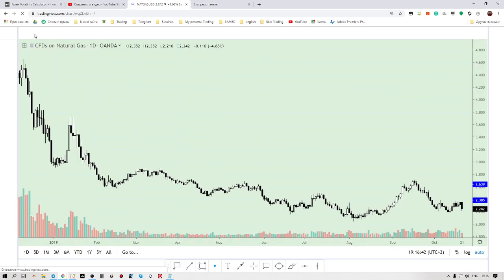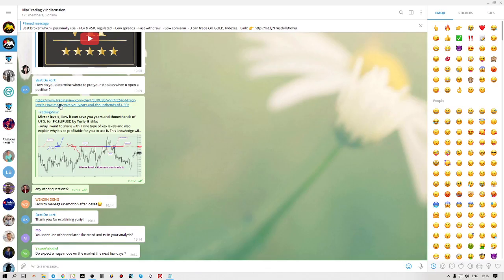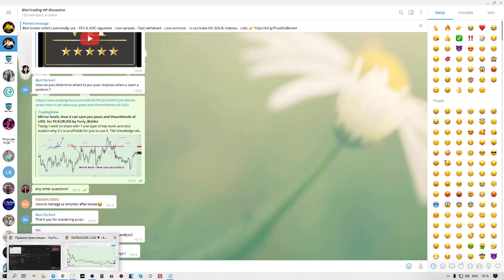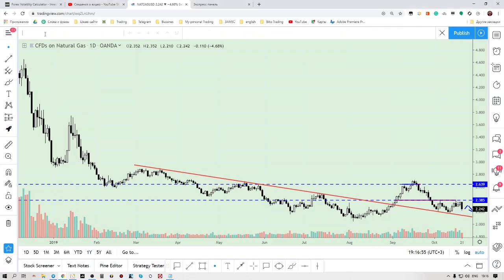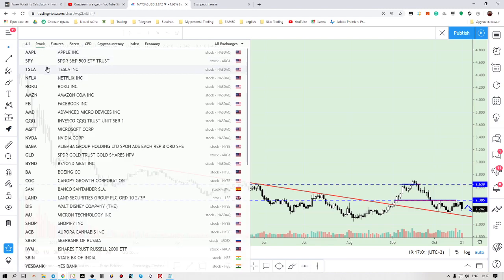Also, I want to show a different example. Here you have a link on mirror levels. Why do I use mirror levels? It works on all instruments. I don't trade only FX. I trade everything I can trade, where I see a really good opportunity. For example, I want to show you an example